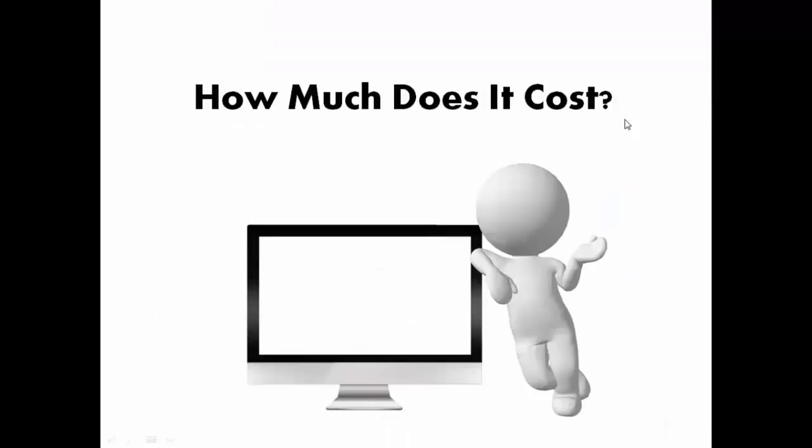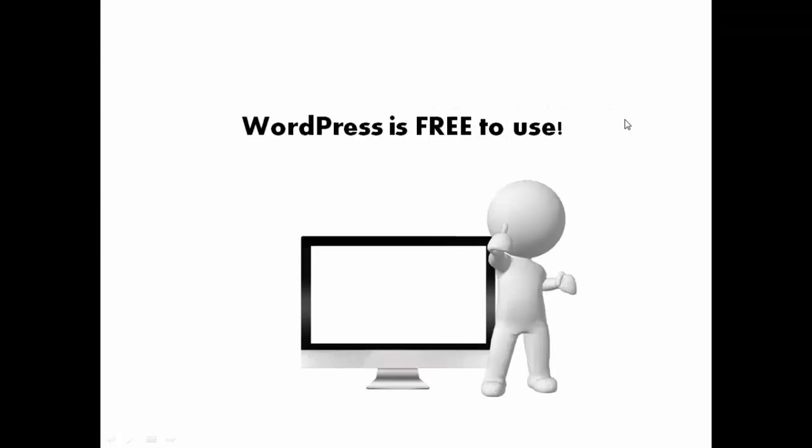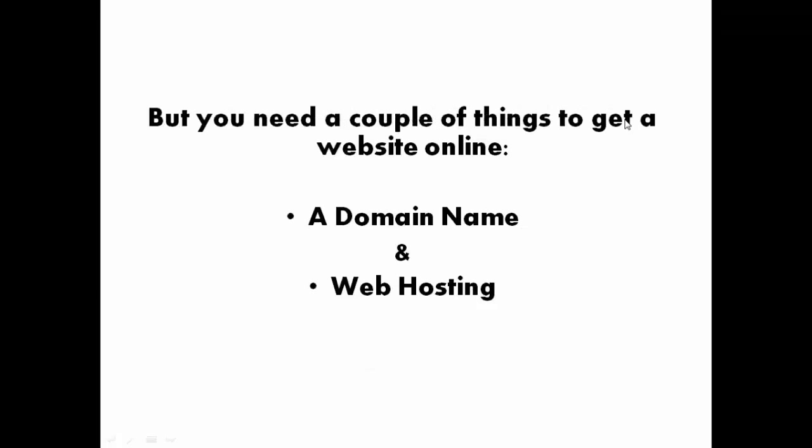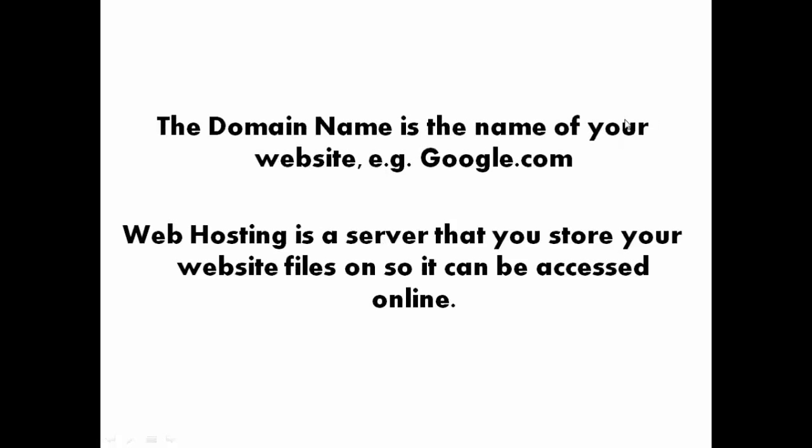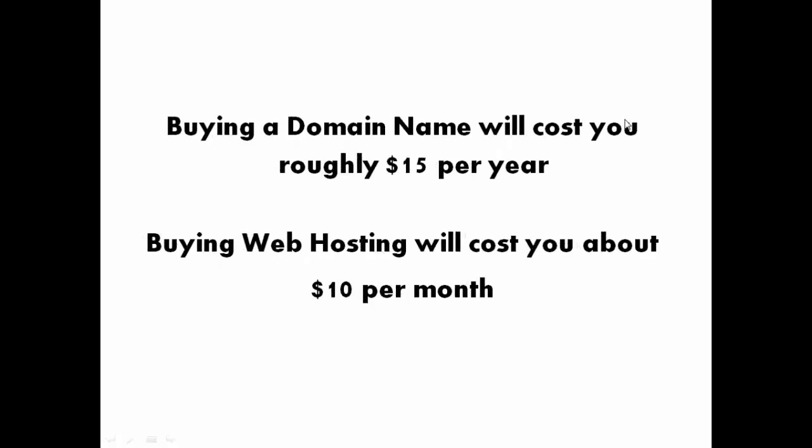So you might be wondering, how much does it cost to get our website online? WordPress is free to use, but you need a couple of things to get a website online. You need a domain name and web hosting. The domain name is the name of your website. So for example, google.com. Web hosting is a server that you store your website files on, so it can be accessed online. Buying a domain name will cost you roughly $15 per year,